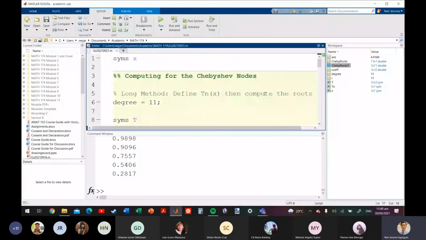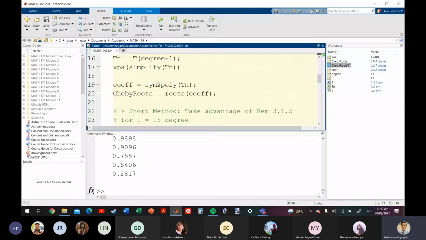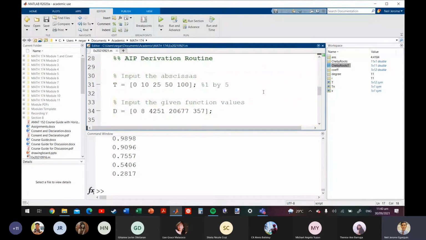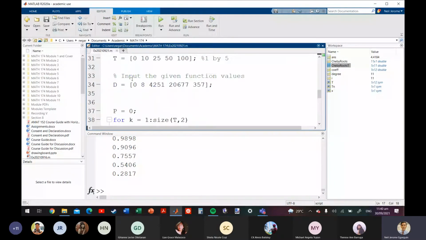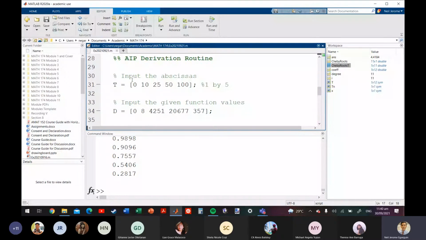Okay, so let's go back to Matlab. What I used here as the base is my code from last time that I showed you, the interpolation, the interpolatory polynomial given a distinct set of abscissas. If you notice, lines 28 until the end, this is the code I showed you. And then I'm just building on top of it, what if I want to use Chebyshev nodes? So yeah, let's just take a quick look at it. Line 31, here I just specify the abscissas.